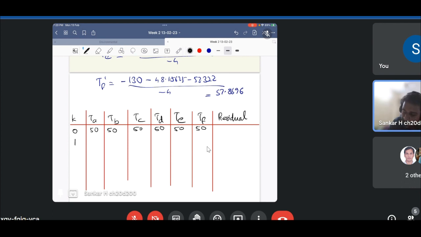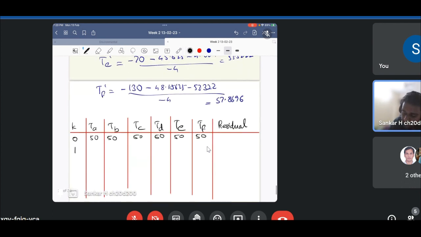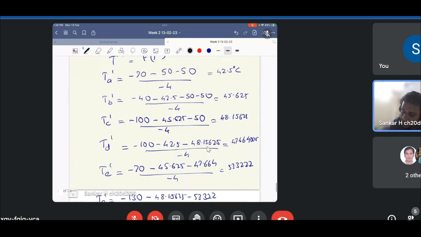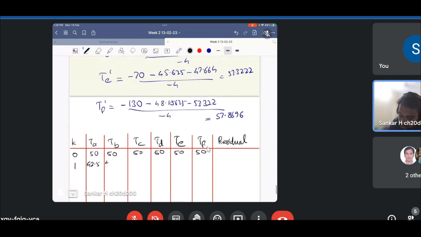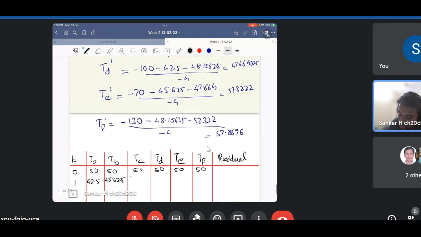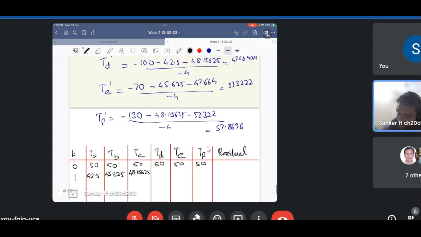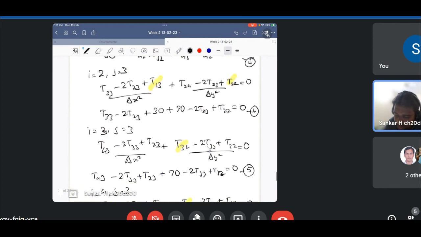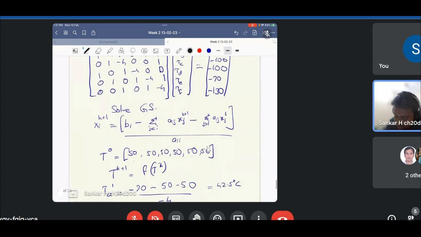When k is equal to 1, we found that TA is 42.5, TB is 45.625, TC is 48.15625, TD is 47.664, TE is 53.322, and TF is 57.896. So basically, if we show this over here on the domain that we have selected,